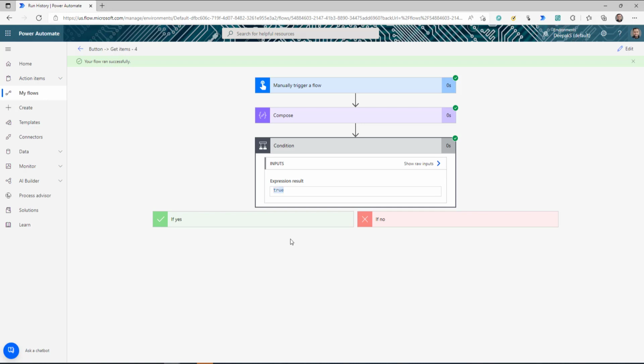Perfect. So this was the quick video of some of the basic or key expression functions that you can use for string and